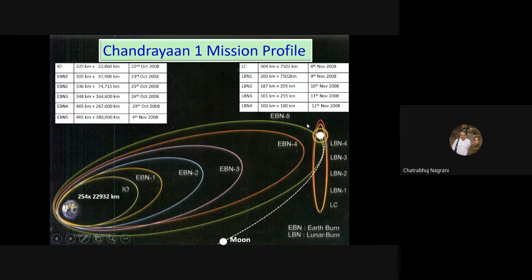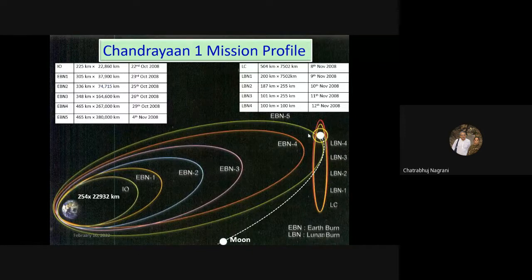So we went on increasing the apogee like that, and then we made it in such a way that when moon was last here, this yellow orbit, we have to do it correctly. You see, timing. Our moon is here, but when we reach the apogee, moon also should. So precise calculations are done. So moon is moving with its own speed. This is moving with its own speed. That is varying speed because it's an elliptical orbit. So when our Chandrayaan-1 reaches there, moon is also there, and you fire the